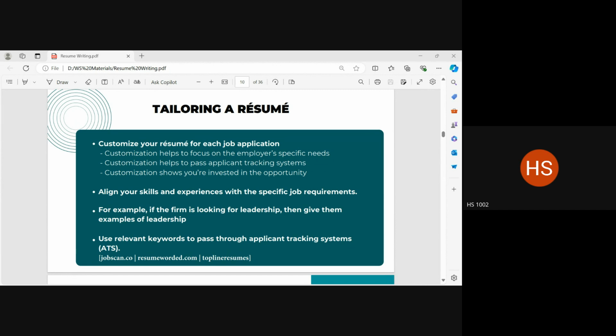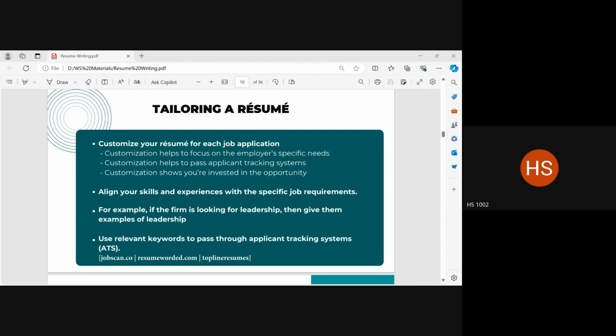Because each employer has specific needs. A company is looking for an applicant who has some specific qualities, who knows or has some specific skills. And these skills, these qualities are not the same across the spectrum of jobs. They're very, very particular. So you take your resume and you edit it, okay?